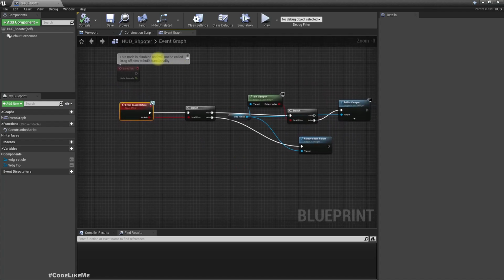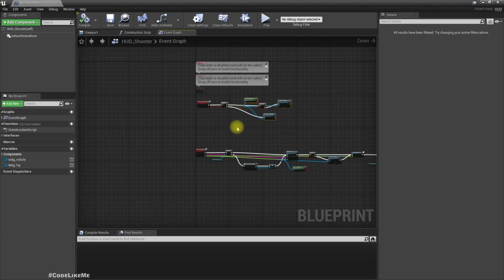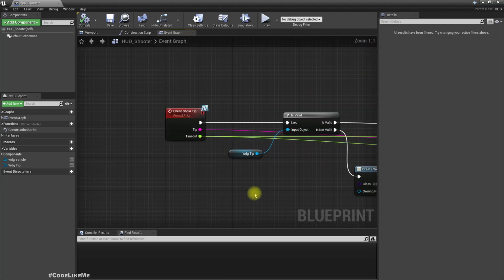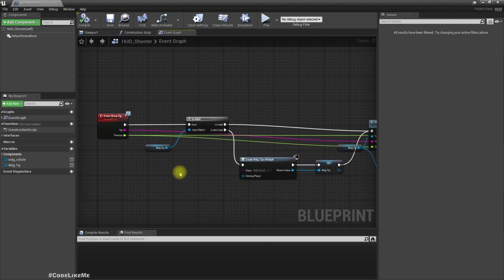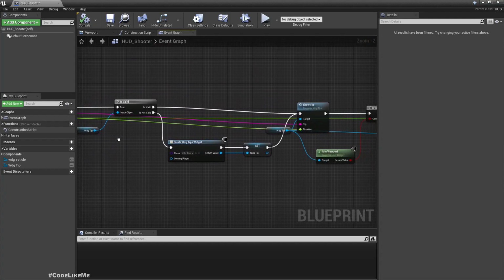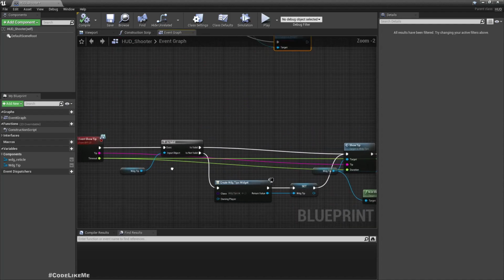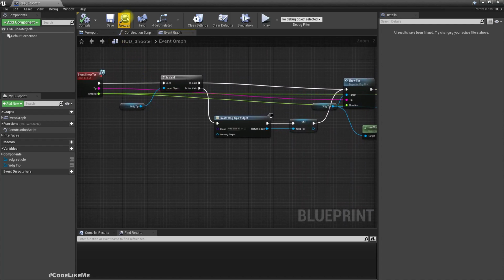Yeah, this is because I replaced it with the reticle of the gun blueprint, the gun widget. So we only use this show tips function in the HUD for the moment. So yeah, let's add